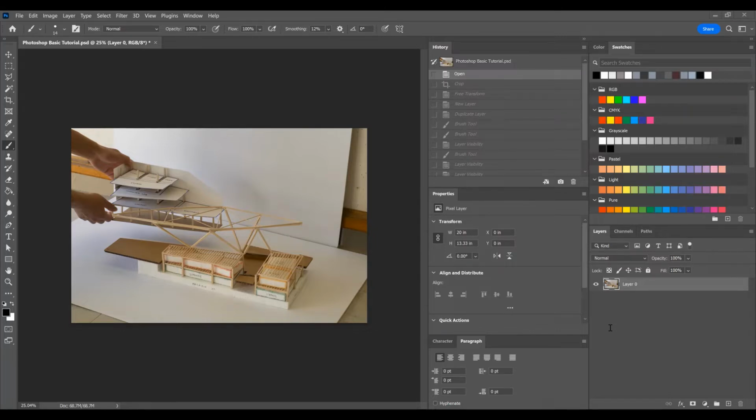more efficiently. The four main tools we'll be going over in this tutorial are specifically the image size, canvas size, crop, and transform tools. And we'll also be introducing the layers panel in Photoshop and how this could help you in your process. Once you pull your photo into Photoshop, you can